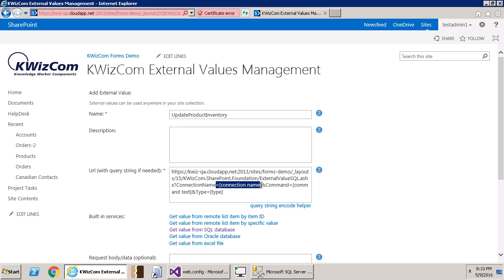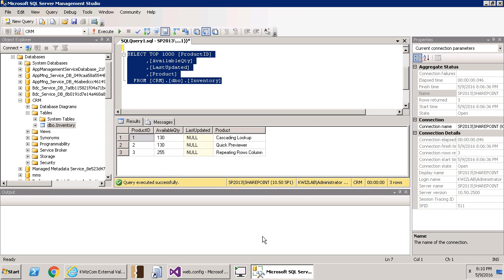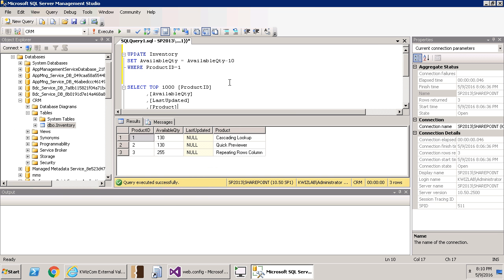connection name over here. To make it easier, I will delete the rest of the URL and then use the request body and data here to write the rest of my SQL command. I will start by writing command equal, and then I will go to SQL Server where I already prepared my query. As you see, this SQL query subtracts a quantity from the available quantity where the product ID equals 1. I will copy this query in the KWIZ Forms external value setting page,